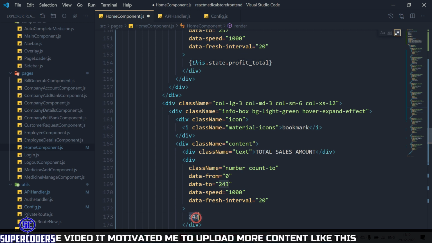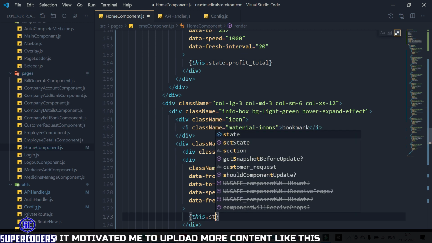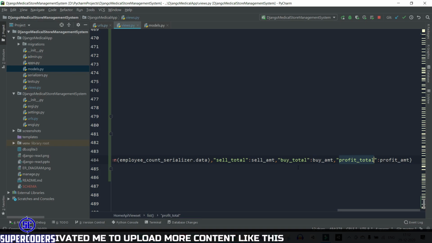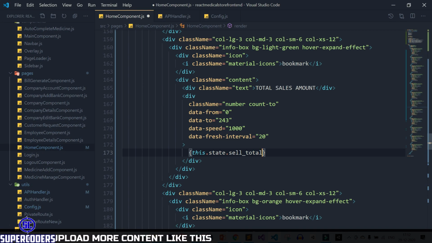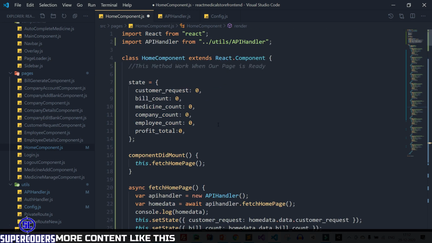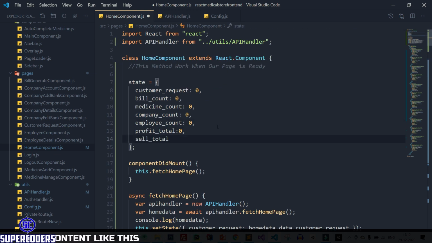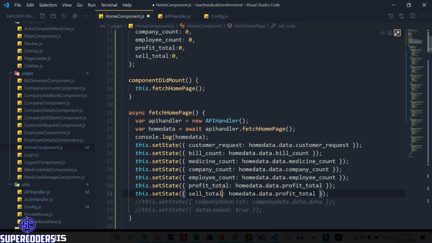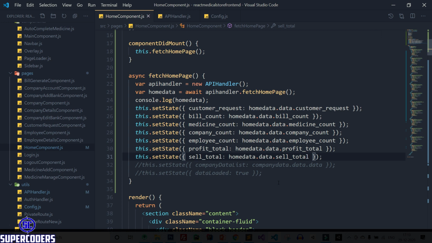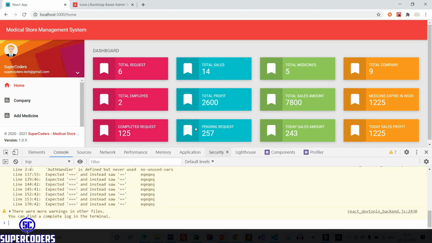So this dot state dot sale total, and let's add this in our state. So here paste it 0. After that, update the value. So sale total and sale total. Save it, back to Chrome, and you can see 2600 profit, 7800 total sale amount.